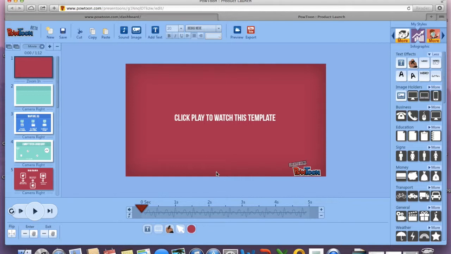So every slide in PowToon can go up to 20 seconds. So you'll see, if you look at the top of the timeline, it says 0 seconds, 1 second, 2 seconds, 3 seconds, and so on and so forth. So if I wanted to make this first slide longer so that all my text would appear without disappearing, I would need to press the plus sign in order to add more seconds. So you see I just pressed the plus sign, it made it 6 seconds, and if I click it again, now it's 7 seconds. So if I press play,